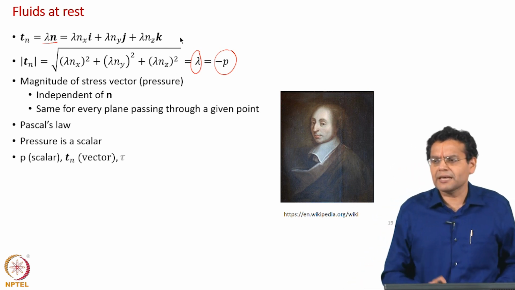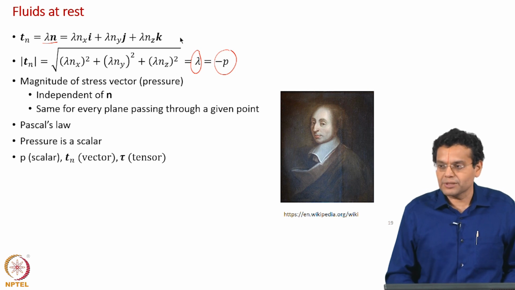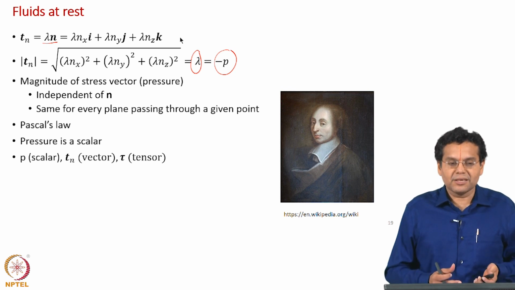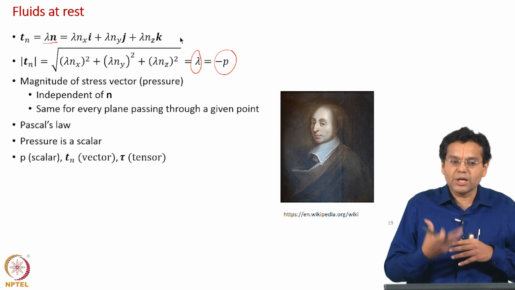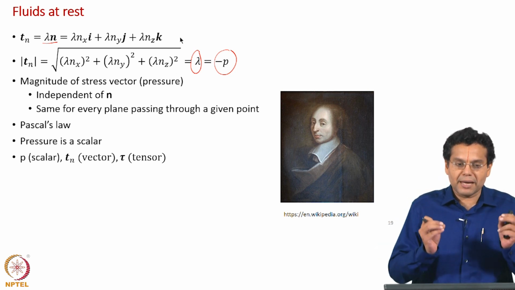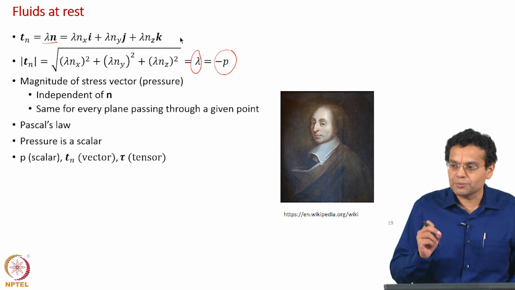Pressure as force per area, stress vector force per area, stress tensor force per area. So, if we go by units looks little confusing, but now pressure is a scalar. Why? As we have seen now, we have proved that pressure at a point is independent of direction. Any quantity that is independent of direction, which can be characterized by magnitude alone, is a scalar. That is why pressure is scalar, though the units are force per area.